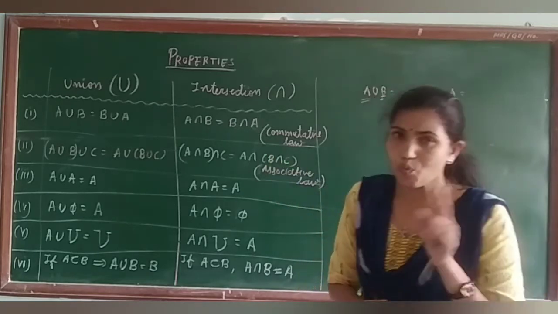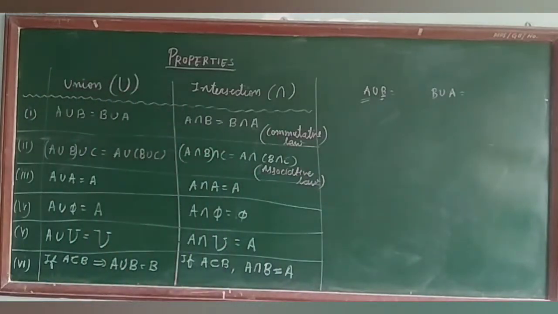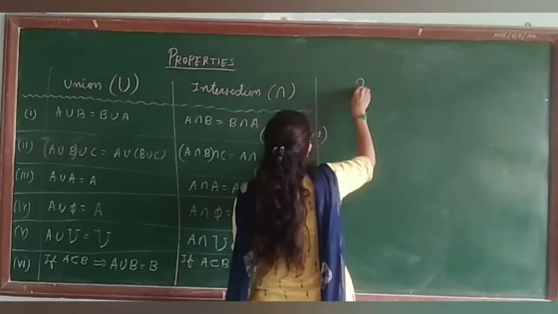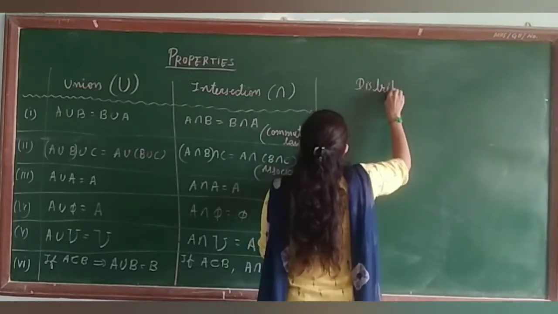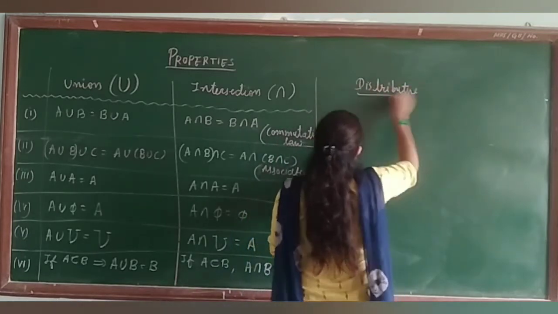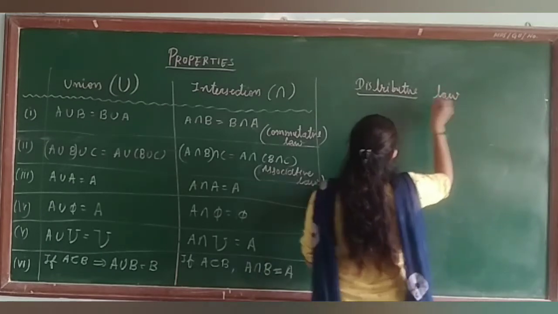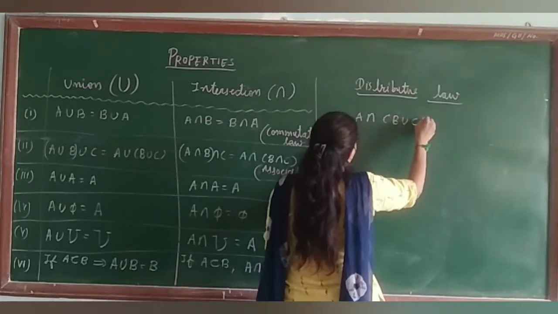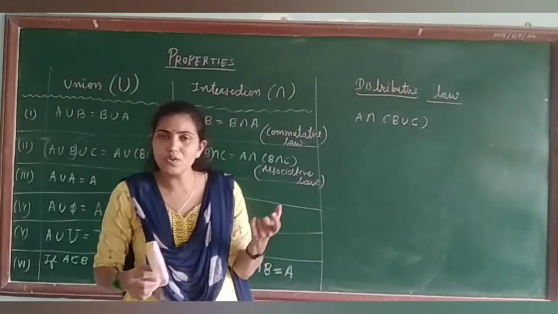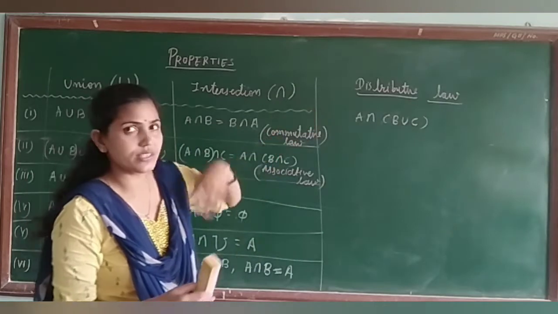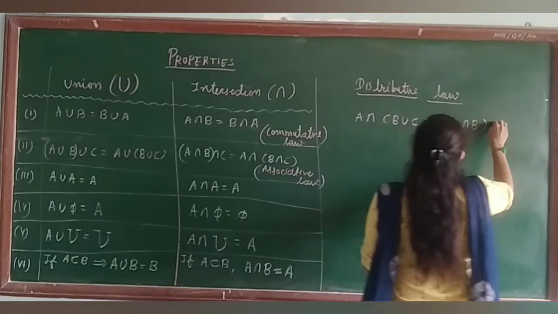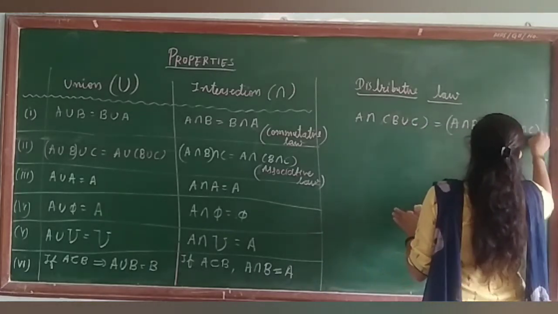Now after this, one rule is also remaining which I have not discussed because it depends on both things, union and intersection, and it is known as the distributive law. So you should write this down also in your notebook. Now what is the distributive law? That is A intersection (B union C). If you have B union C and with this A you have an intersection, it is the same as (A intersection B) union (A intersection C).